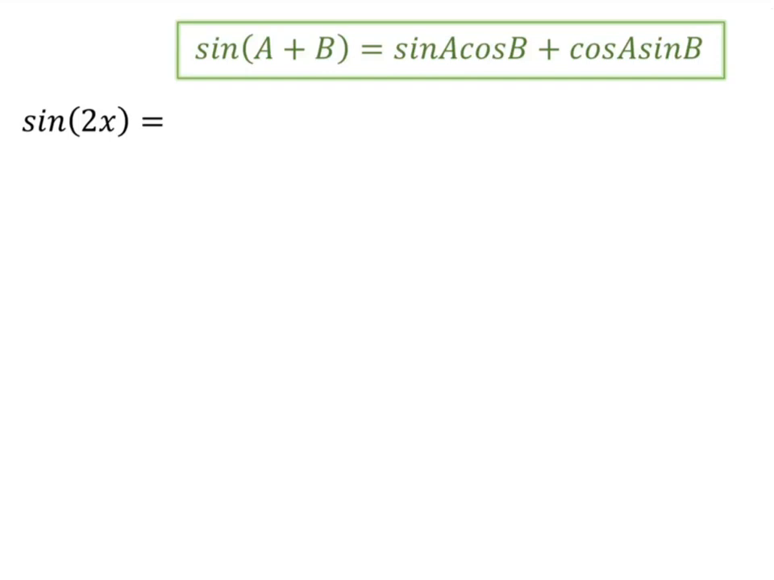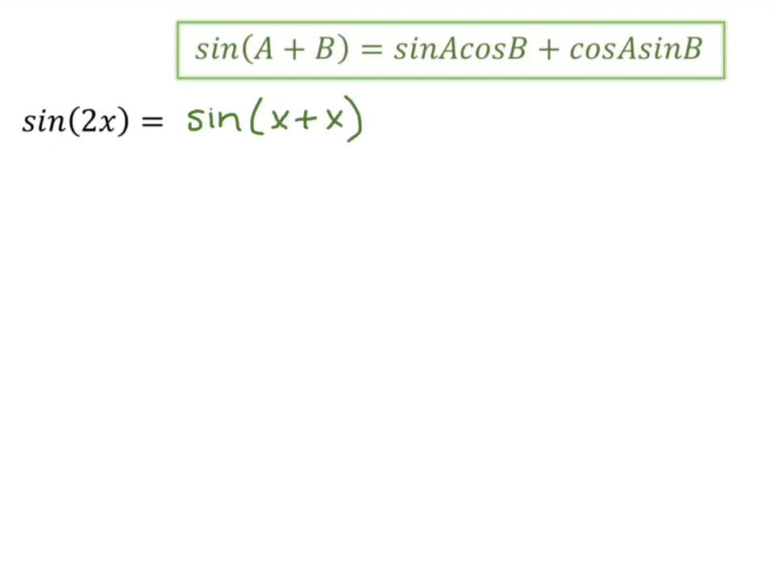The double angle formula for sine comes from the sine sum formula. Sine of a plus b equals sine a cosine b plus cosine a sine b. So to make use of that formula, we're going to treat the double angle for sine of 2x as sine of x plus x